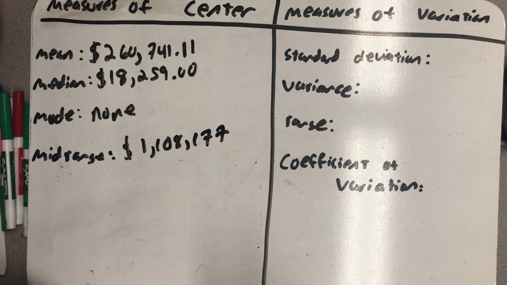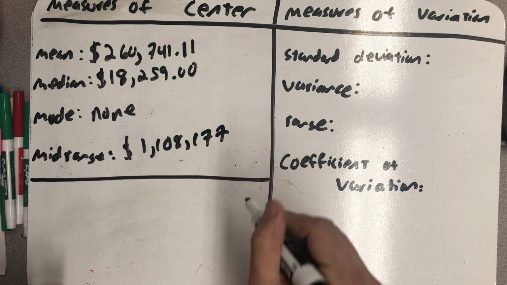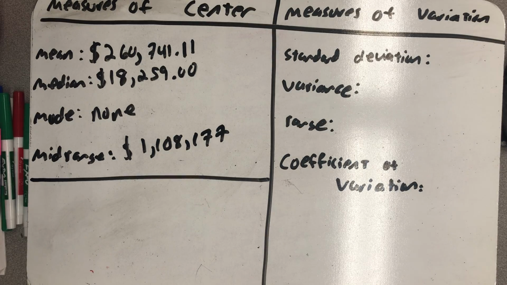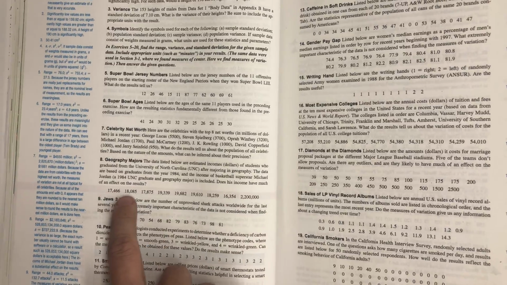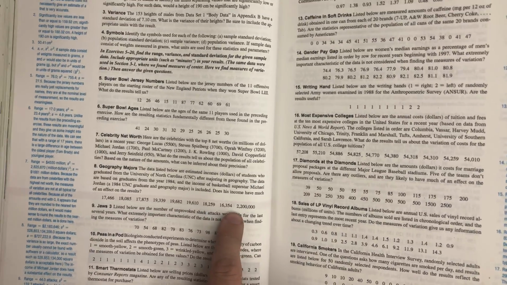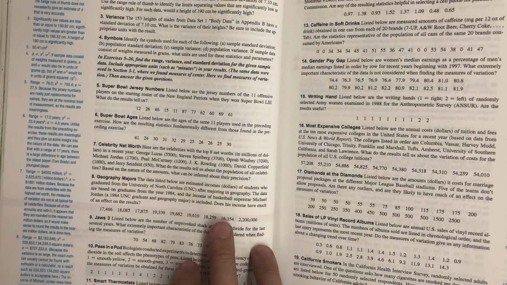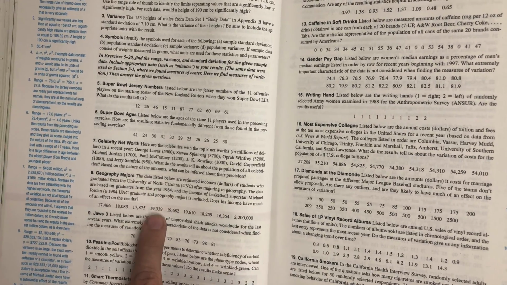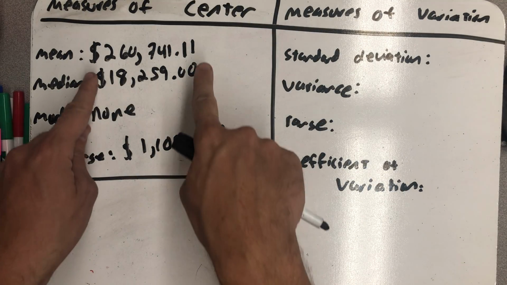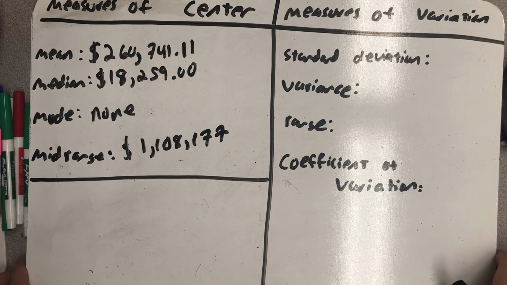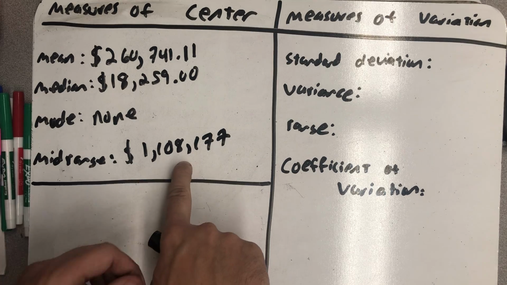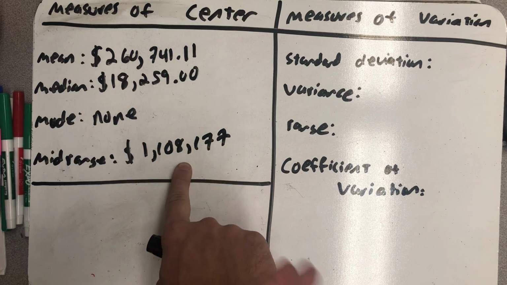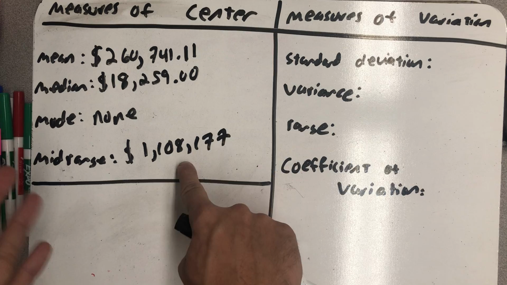All right, well, let's think about these, and then the question, does Michael Jordan's salary affect these results? When I look at the rest of the data, I see that this one stands apart. The rest of these are in the high teens, thousands of dollars. So, 16 to just under $20,000 there, and then Michael Jordan's salary is way larger. Well, this measure of center is way larger than all but one of the data points, right? It's not a good measure of center. The mid-range is even worse. It's basically half of Michael Jordan's salary,